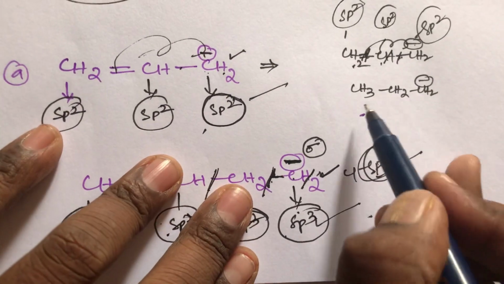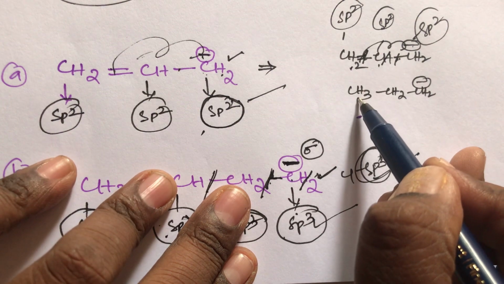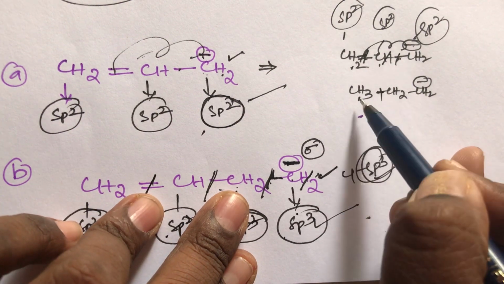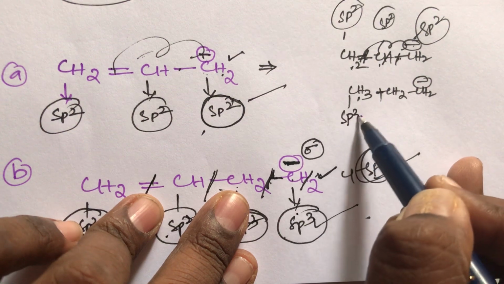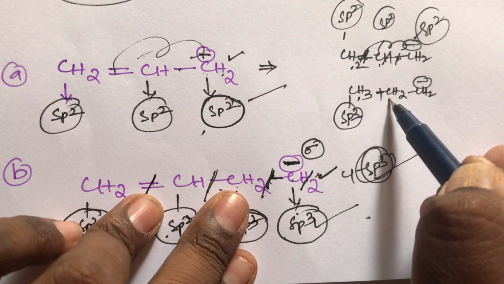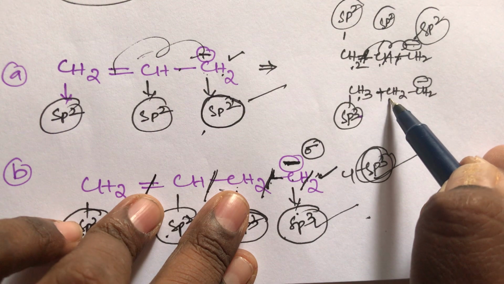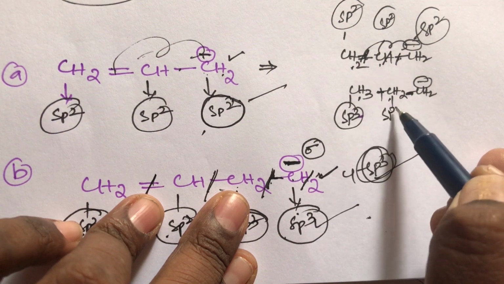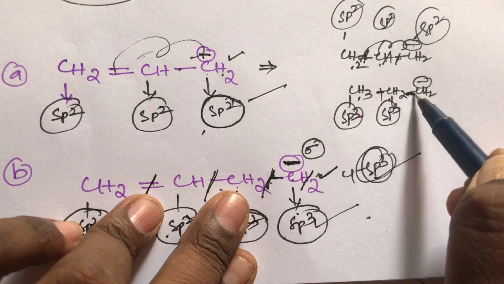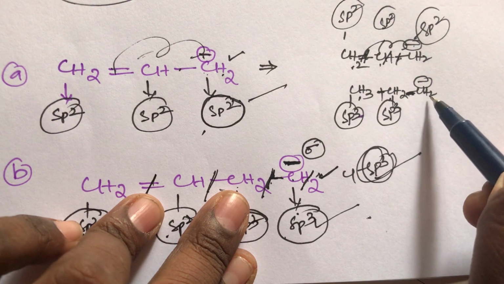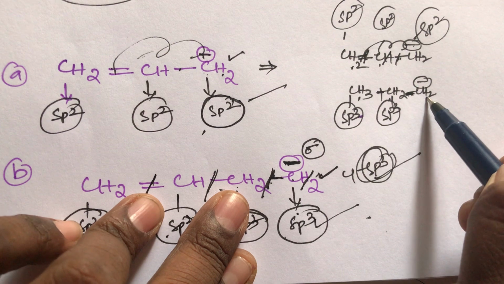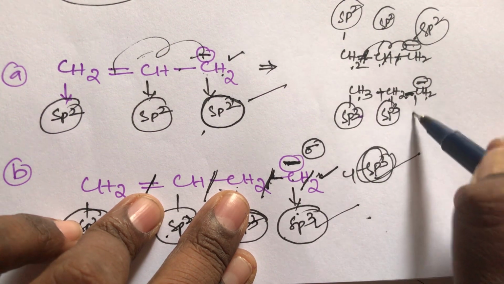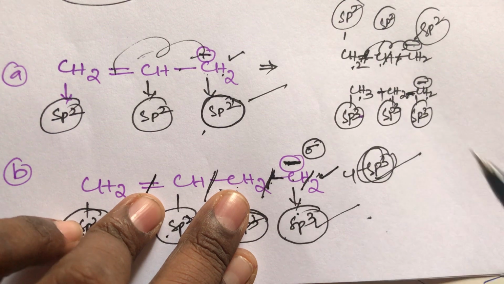But in this case, this carbon has 3 hydrogens, 3 hydrogens equal 3 sigma bonds, here also 1 sigma, total 4 sigma bonds. It undergoes sp3 hybridization. This carbon is surrounded by 2 hydrogens, 2 hydrogens equal 2 sigma bonds, here on the right side also 1 sigma, 2, 3, 4. So it also undergoes sp3 hybridization. And see, this carbon has 2 hydrogens, 2 hydrogens equal 2 sigma bonds, here also 1 sigma, 3, and 1 negative charge equals 1 sigma bond. It also undergoes sp3 hybridization. This is a simple trick, student.